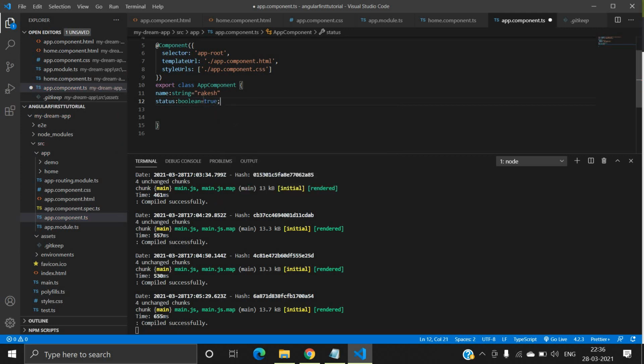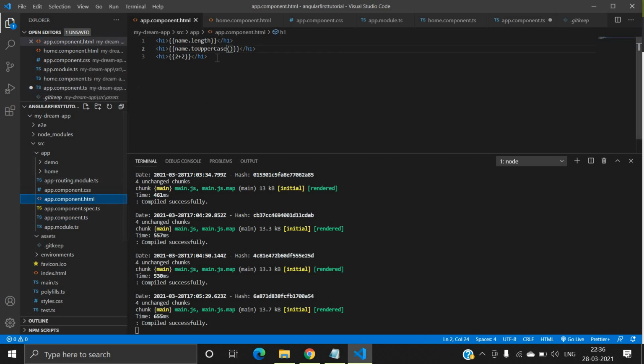If this value returns true, then here display online, right?